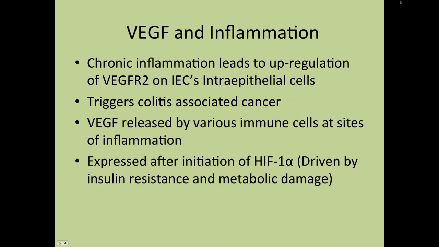Chronic inflammation leads to upregulation of VEGFR2 in the intraepithelial cells. So when you measure VEGF, it is a marker for mucosal barrier inflammation, and it triggers cancer from its genesis of colitis. So it's released at various immune cell sites and then expressed after the initiation of hypoxia-inducible